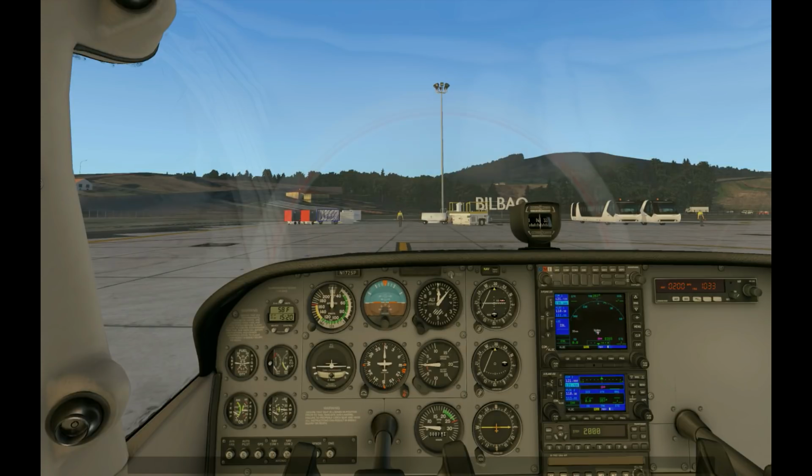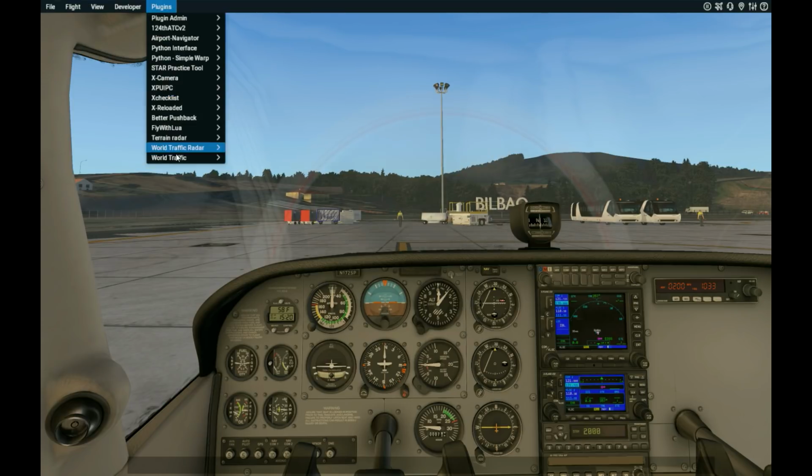Hi everyone, welcome to this little tutorial on Star Practice Tool. Star Practice Tool is a Python plugin for the X-Plane flight simulator, and it basically allows you to set up a flight very easily to practice instrumental approach. So I'm just going to show you how it works and then go through a couple of examples.